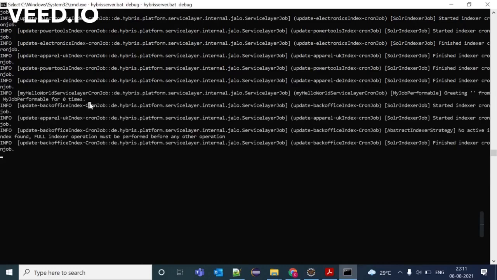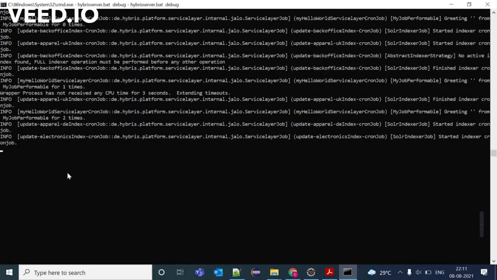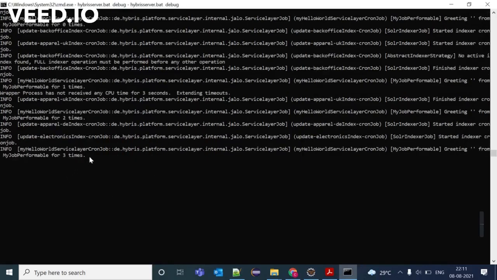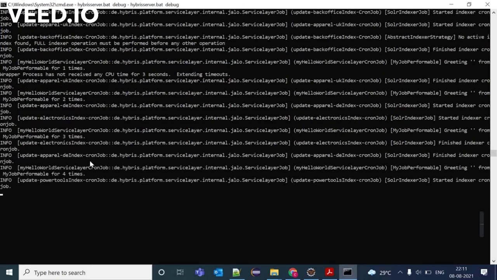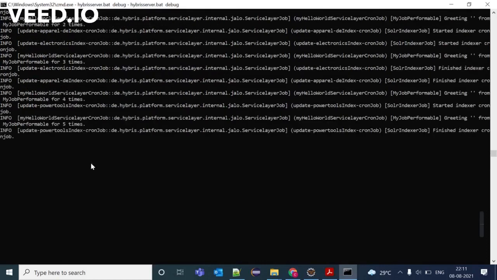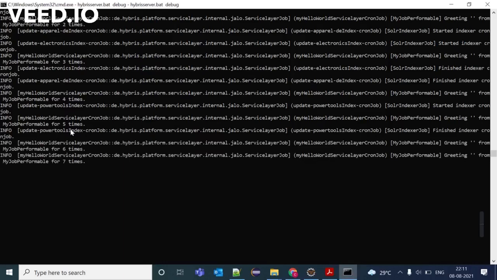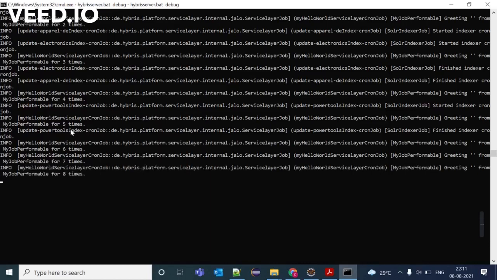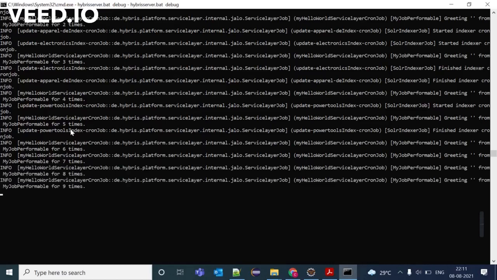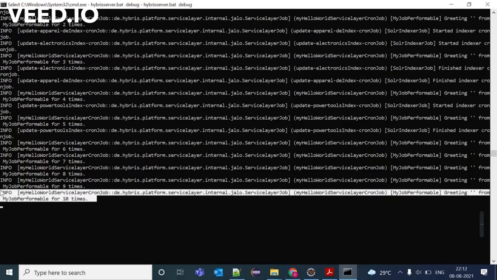It will print this log message 10 times. Here you can see the log message has been printed 10 times.